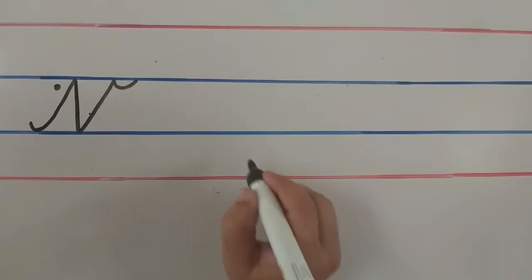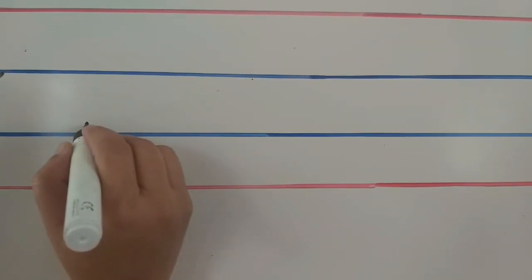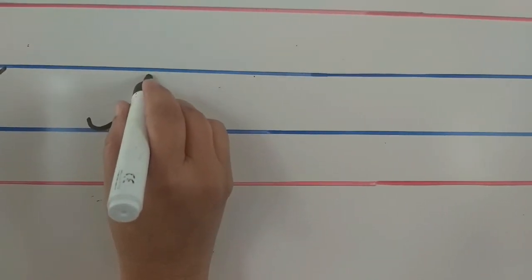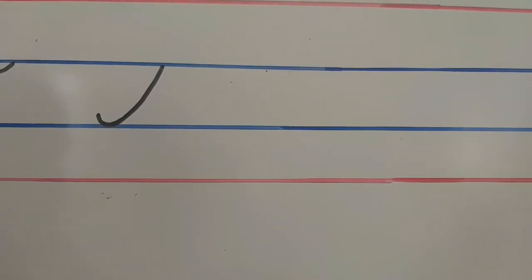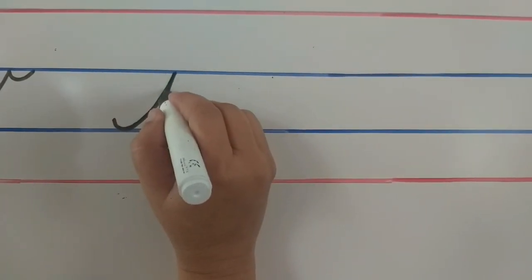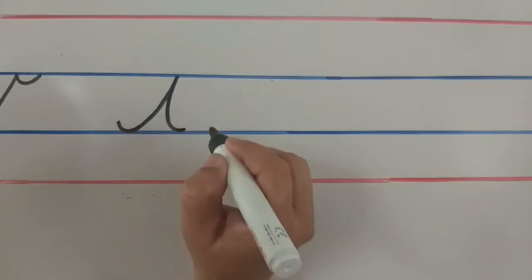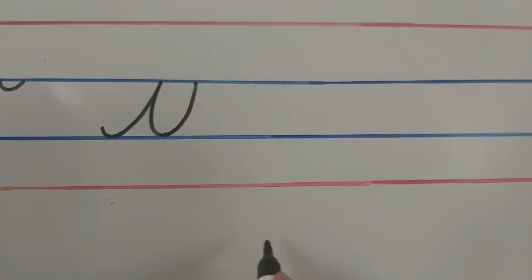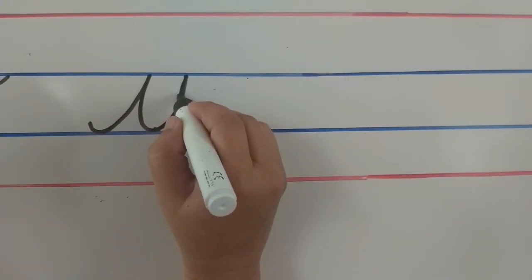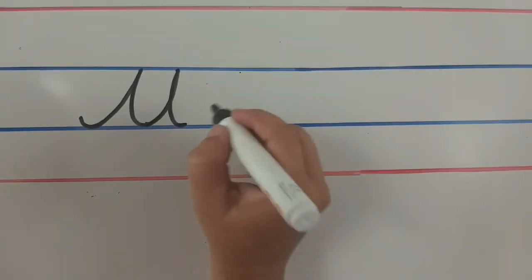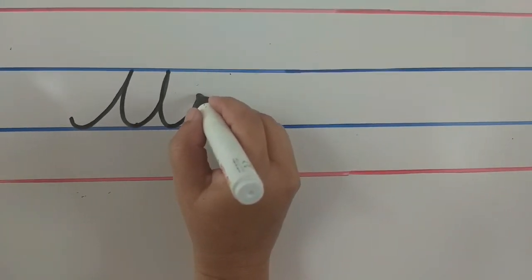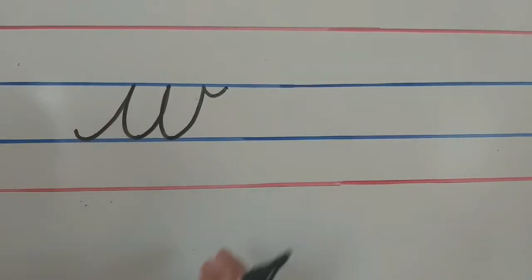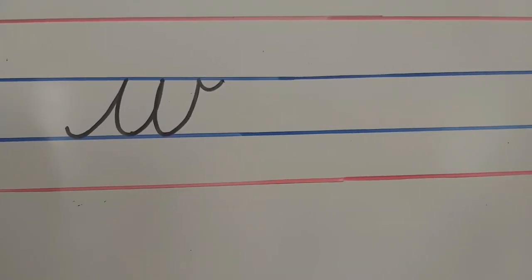V after which letter comes, children? V after W. Shall we write? Take a small curve. Go up to the second blue line. Slanting line, children. Come down to the third blue line. Down. Again go up to the second blue line. Again come down to the third blue line, children. Down. Again go up to the second blue line. Up, children. And make a small curve. This is small cursive W.